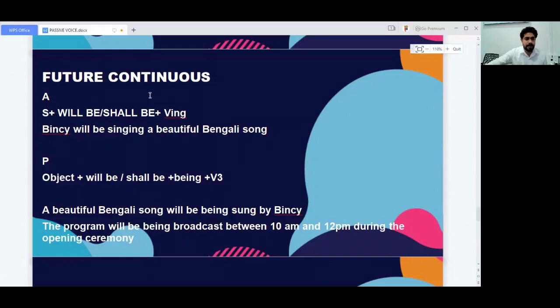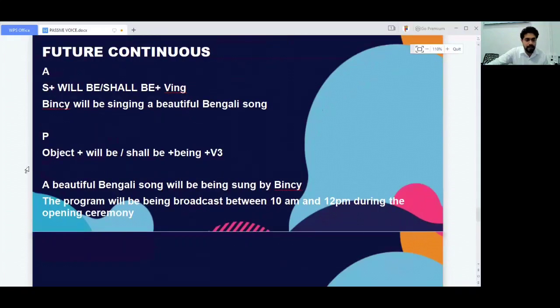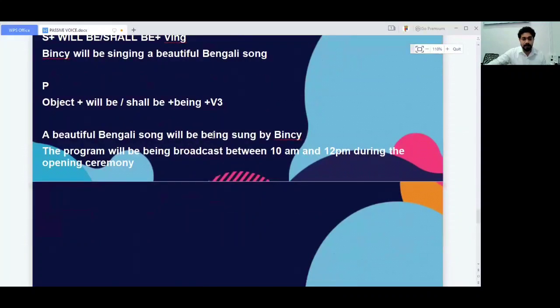Okay, so let's make some examples. Binsi will be singing a beautiful Bengali song, which is future continuous tense in active. Okay, I'll make it passive. So before that, what is its equation? The formation of passive future continuous is object plus will be or shall be plus being with it. So this is the only addition here. So will be being V3 or shall be being V3. So a beautiful Bengali song will be being sung by Binsi. If you want to bring the action doer here, you can bring it by